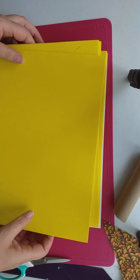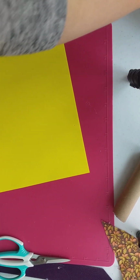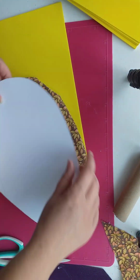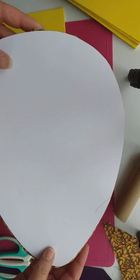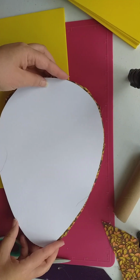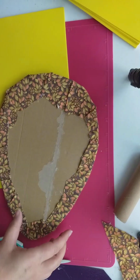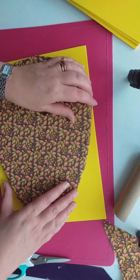I think I'm going to put the yellow on. So how I do that is, I have got a template somewhere. Where is it? I've got a template, but I don't think that's big enough. Because now we've put the material on, this is what you've got to take into account. You can see it a bit more if I do that, it's wider than this, okay? So the easiest way of doing this is to draw round,